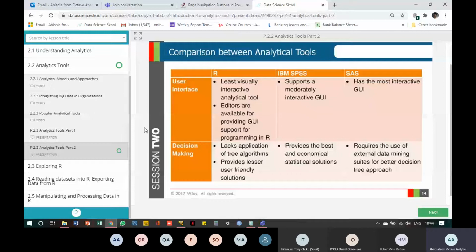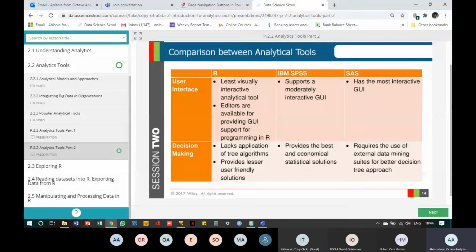Then for decision making, R lacks the application of tree algorithms. Tree algorithms like decision trees, cluster analysis, and so on help you to group your data, and R doesn't have the algorithm for that. That's one of the things about R that is not good enough, because decision trees are usually used for predictive modeling.